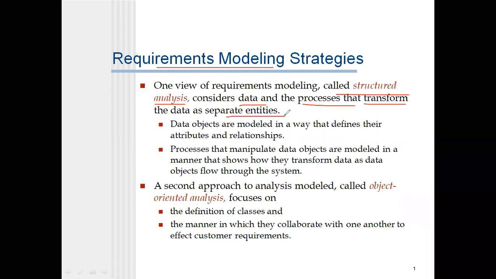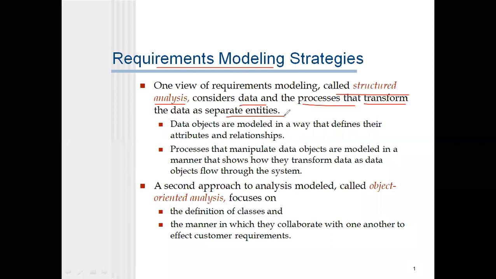So if you want to go for modeling, which modeling? Data modeling. Data modeling is also called structured analysis. In the data modeling concept, how are we going to model the data? By taking the data objects of the particular problem statement.